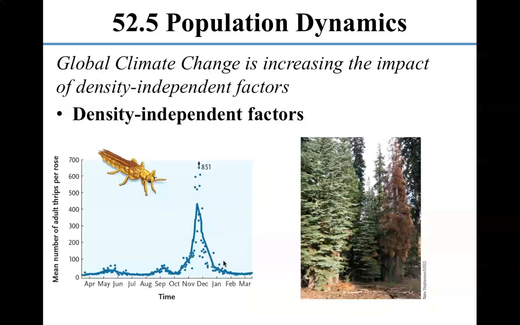There are also density independent factors. Density independent factors reduce population size or increase population size regardless of density. Usually density independent factors are caused by climate. So in this example in the lower left, we've got an insect called a thrip, and you can see that its population remains more or less at the same density throughout the year, and then we see this big explosion in their population density, and that was due to a